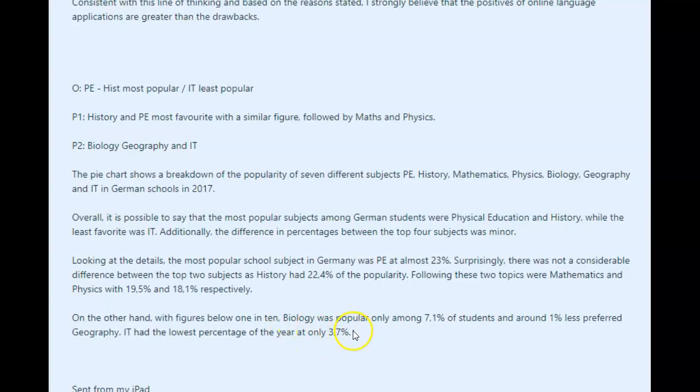Now, another thing you could have done here is you could have then had one kind of last statement here about how, what kind of a difference there existed between the most popular subject and the least popular subject. So if you take a look at it, where is it? Here it is, right? 23. Okay, and so it's like a 7-fold difference, okay? So that's the kind of thing that you can do here as well.